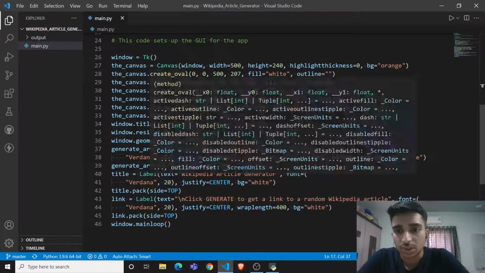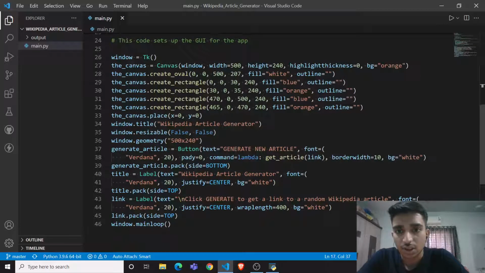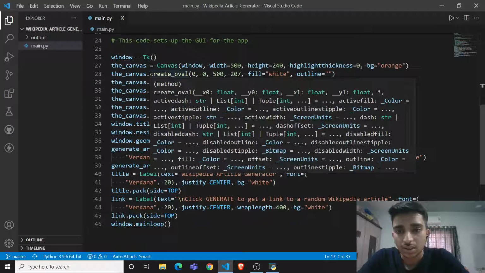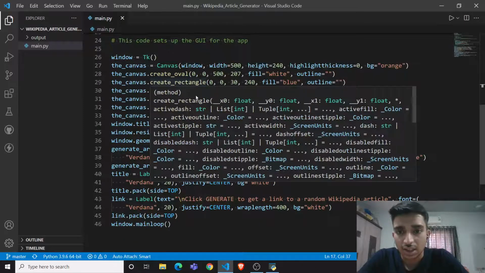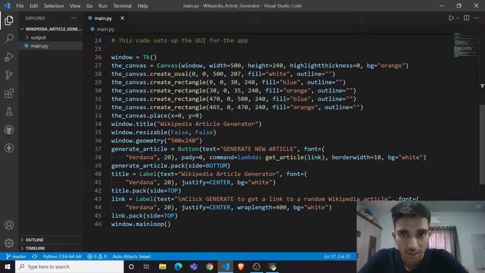Through this canvas object we can call various methods like create oval and create rectangle, to create a rectangle and oval of our GUI, passing parameters like the coordinates of the rectangle and oval, and giving some styles.